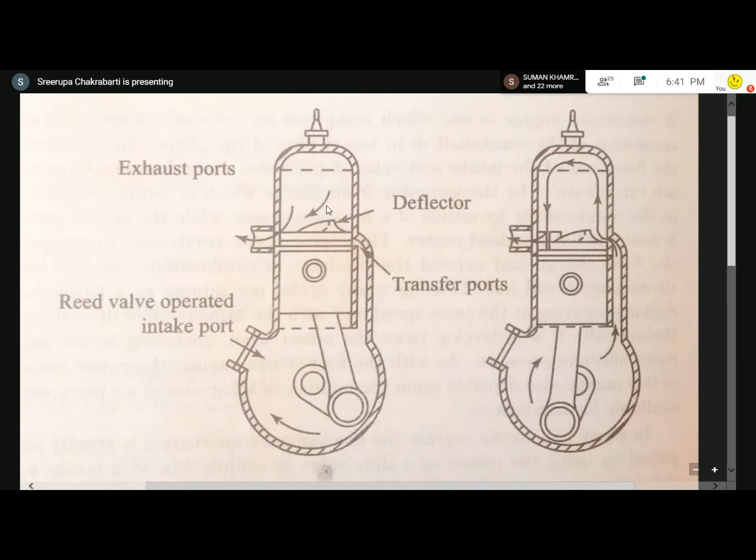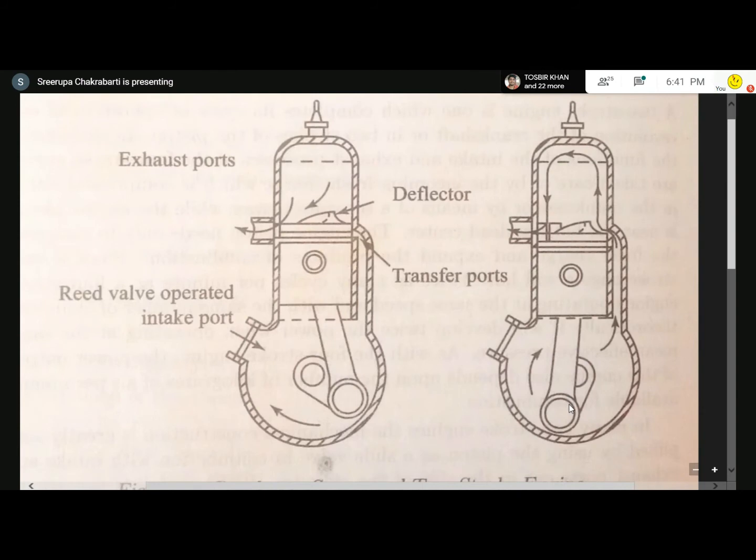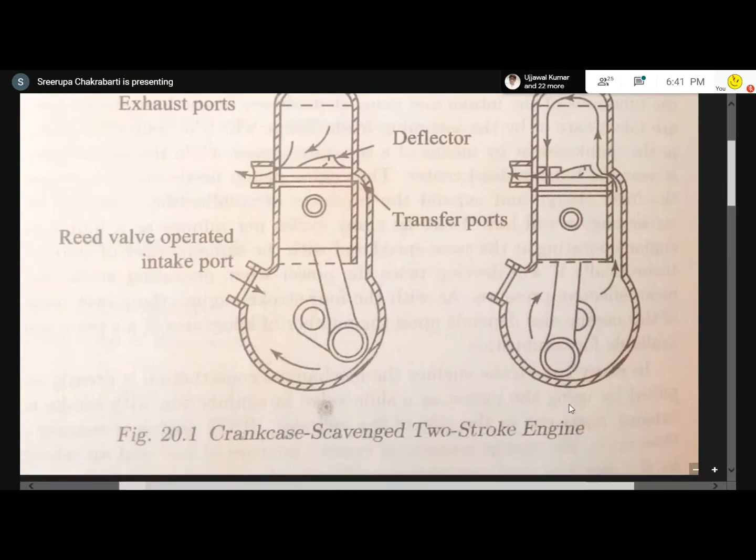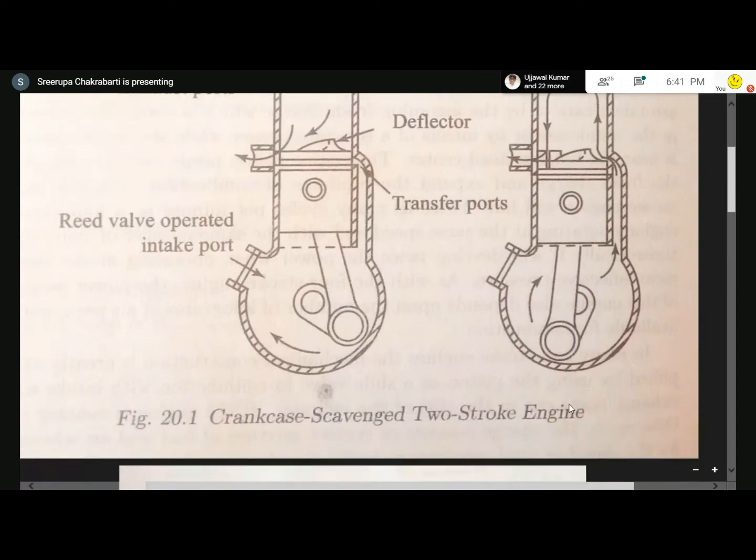Now tell me the diagram wise, as I was telling you, the left-hand side diagram is okay. Right-hand side diagram, this portion should be changed. This we will be able to do sometime later. This portion has to be changed. Other things are okay. And this explains the, you can see your textbook also whether they have changed the diagram or not. This is a two-stroke engine. Have you understood this?